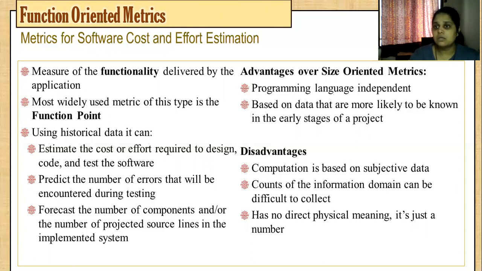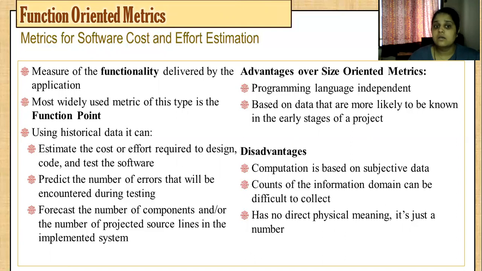So maybe something plus or minus you can do in the current project. Next is to predict the number of errors that will be encountered during testing. This can also be done based on previous data, and it can also estimate the number of components or lines, your LOC, by past experience.